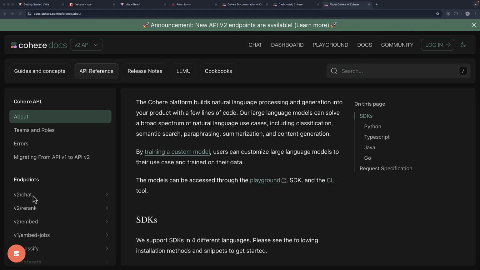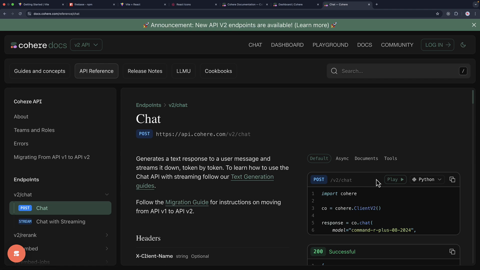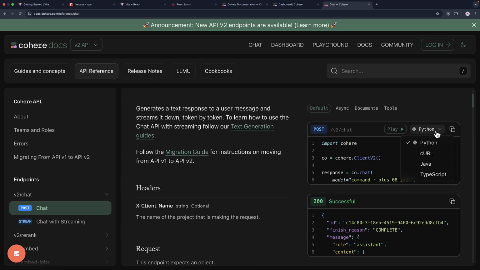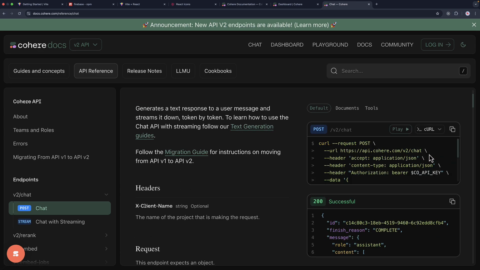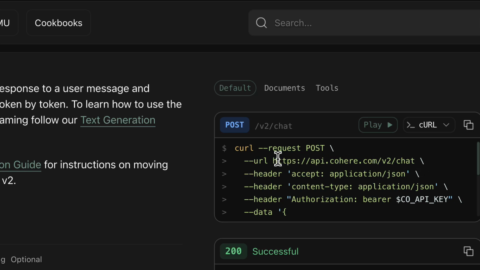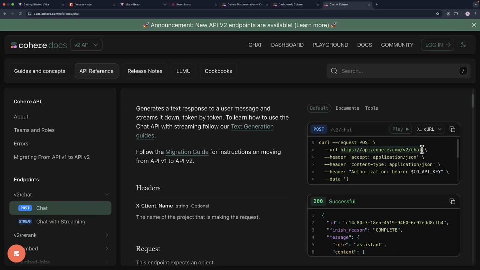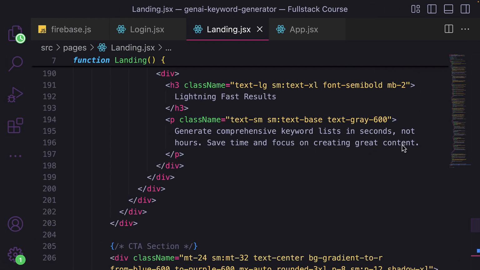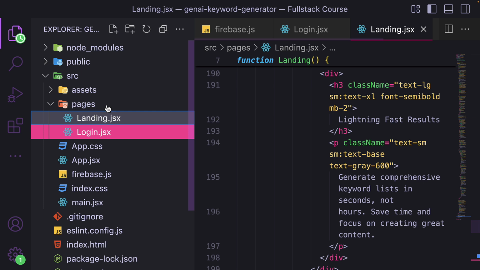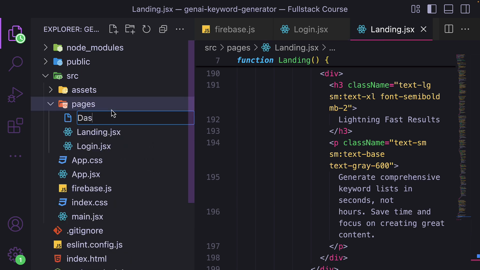And what we want is the chat, and they have this endpoint: chat, re-rank, embed jobs. So click on the chat, and this is what we want. So let's look at the endpoint. I'm going to select TypeScript or Cohere, and this is the endpoint that we want, which is /chat. So I'm going to copy this, and then back to our project, we are going to have one component called